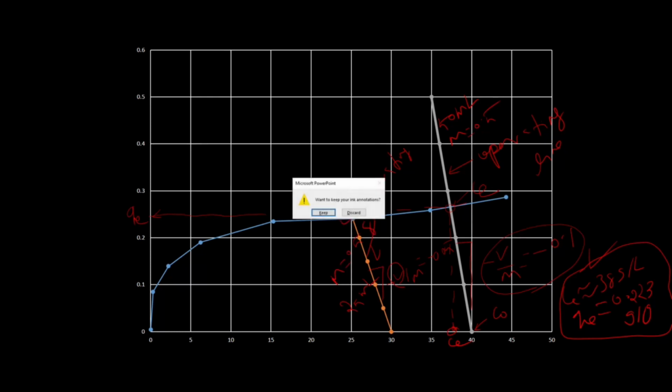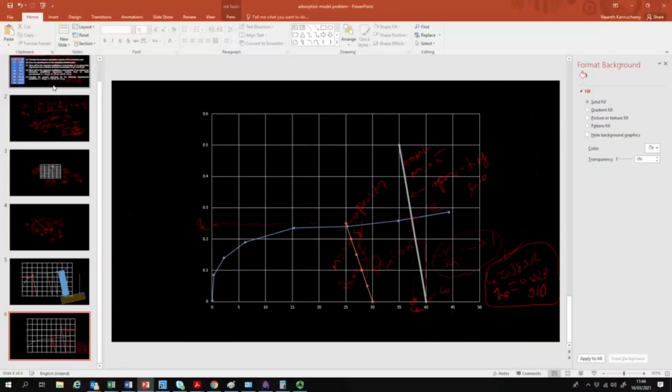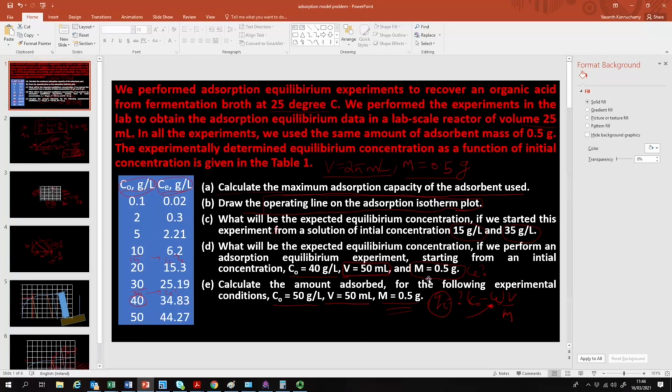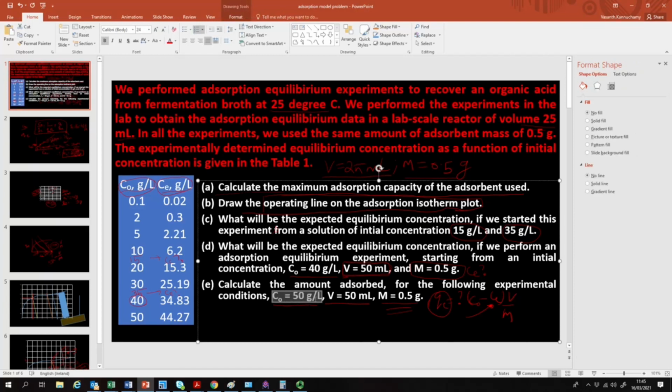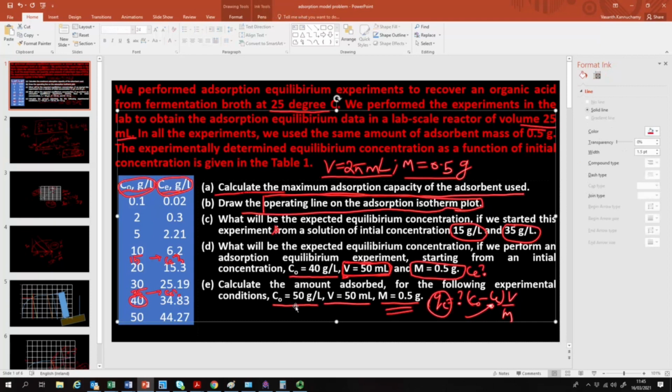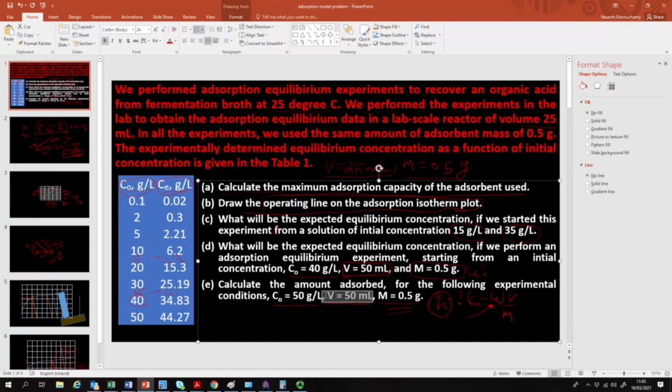I think we solved up to part D of the problem, yes. And then the final question is calculate the amount adsorbed for the following experimental conditions. So let's assume we started the experiment with 50 milligrams per liter. This is the initial concentration of our solution, and then volume is 50 milliliter, and mass is 0.5 grams. This one is very simple to